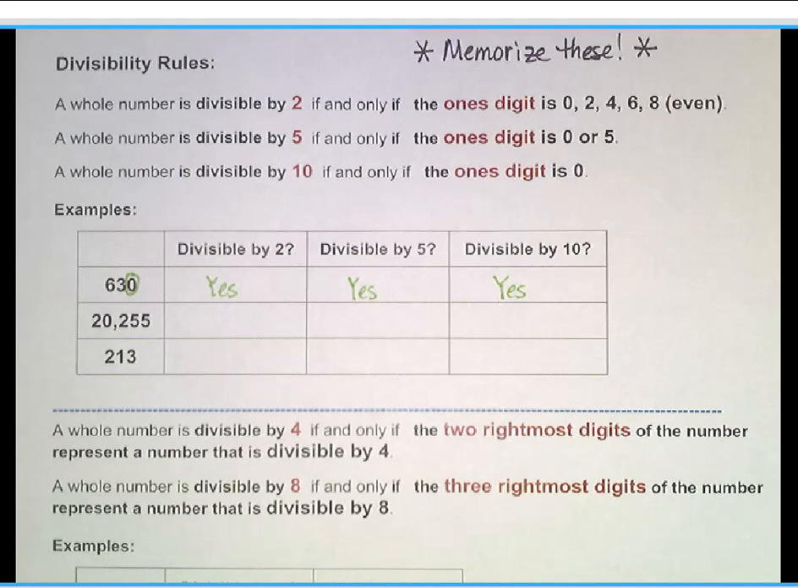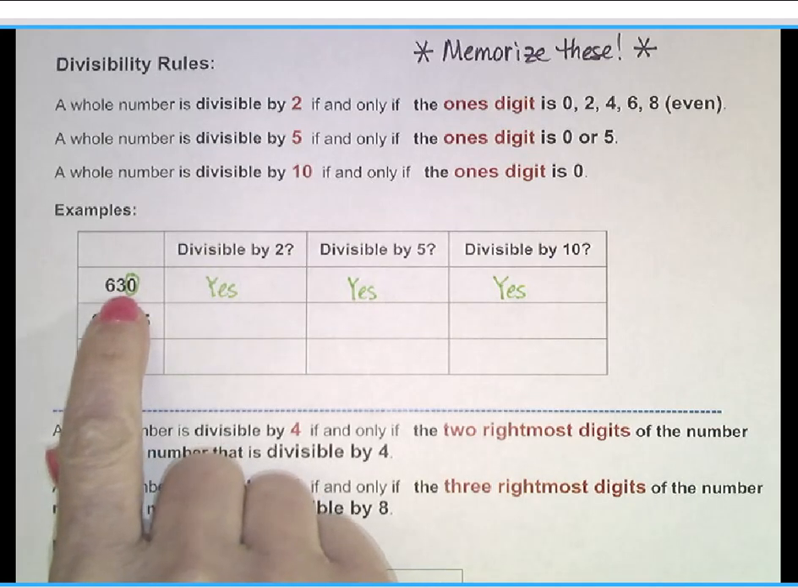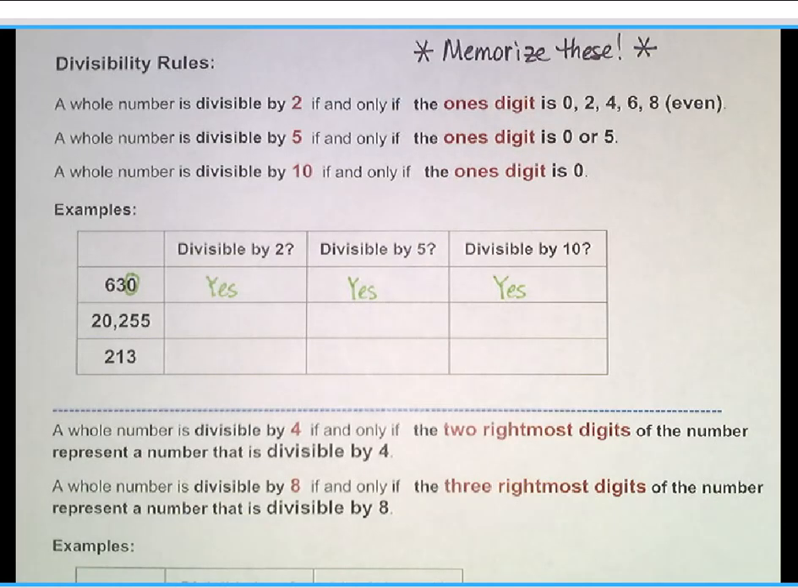And it's that quick. You shouldn't need a calculator. Don't tell me 630 is divisible by 10 because when you divide it on the calculator, no. Like, you lose me at that point. We want to state the rules. All right, let's look at